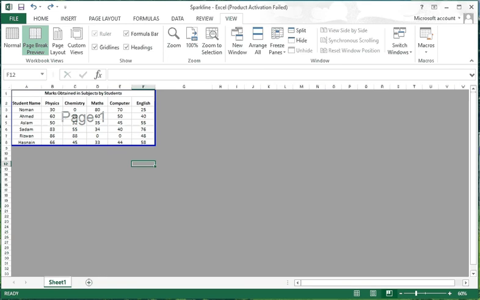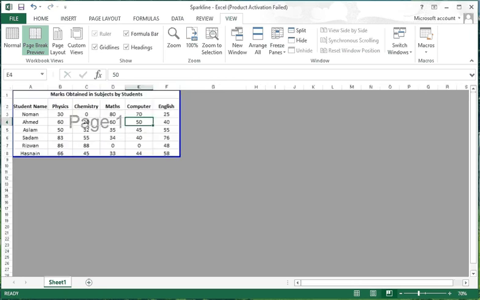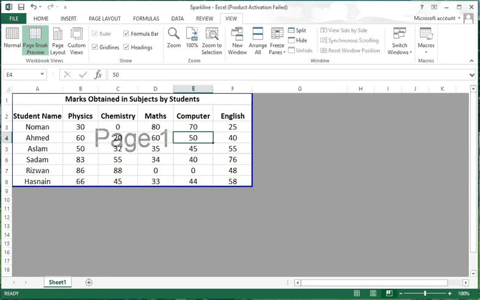And now if you want to break the page, like you have a lot of data and you want to see it on different pages, like I have different names, Noman, Ahmad, Aslam, Saddam, Rizwan, Hassan, and out of these I want 2 or 3 on one page and 2 or 3 on page number 2.